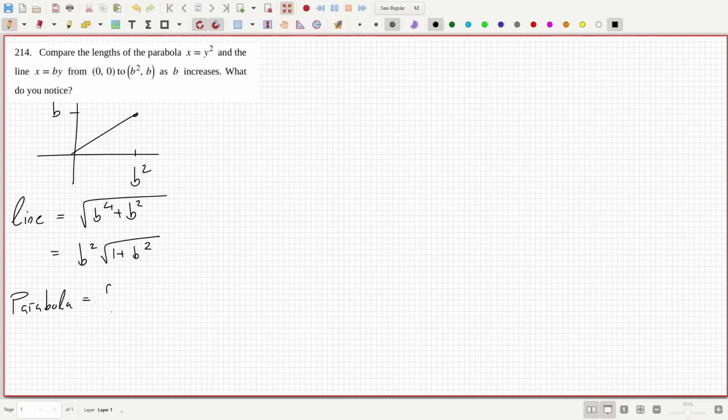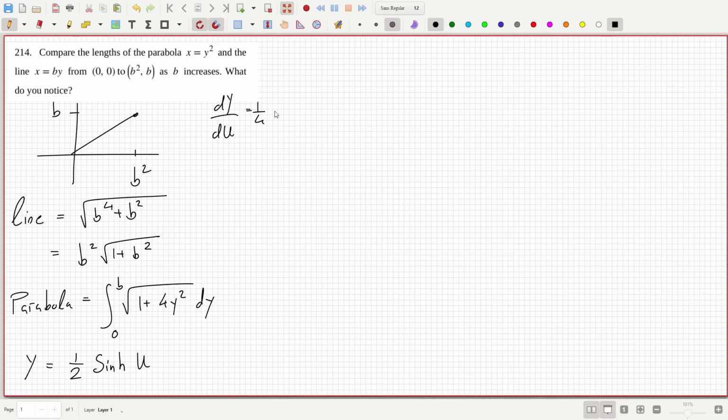that is 0 to b of root 1 plus dx dy squared. And this is where we need a substitution. We can say y equals a half sine u. And the reason for that is because we can say dy du is a half cos u. So that's kind of nice